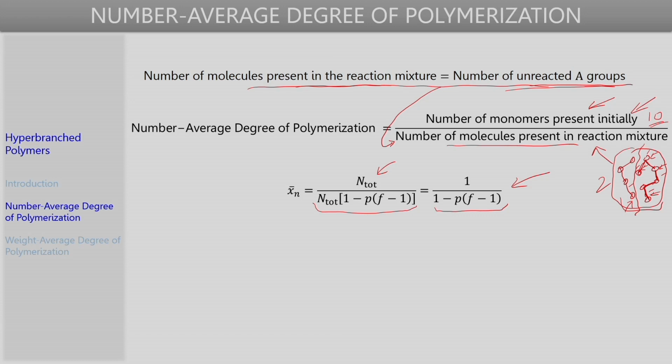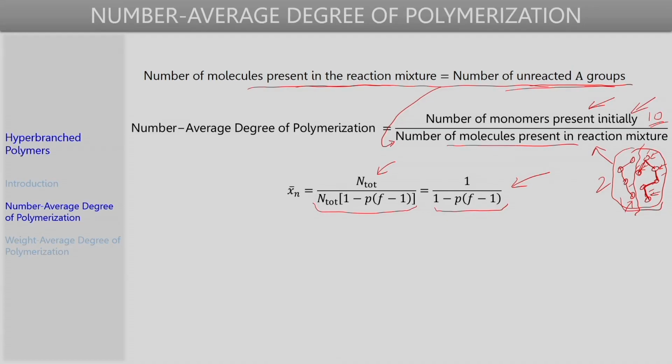And in general, if f has a value greater than 2, only then one will get branched polymers and hyperbranched polymers. So, now one thing to note here in this equation is that for a certain value of this extent of reaction p, the xn bar actually tends to diverge. Okay. So, the xn bar or the number average degree of polymerization diverges when this p takes this critical threshold value of 1 over f minus 1. So, when the extent of reaction becomes equal to 1 over f minus 1, that corresponds to a point where the expression that we have developed here diverges,